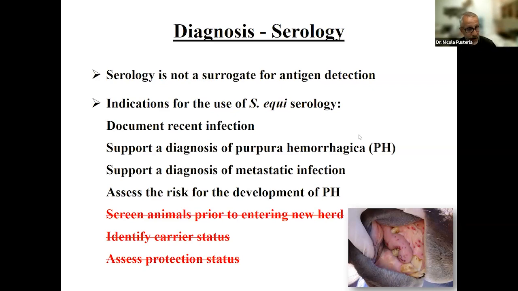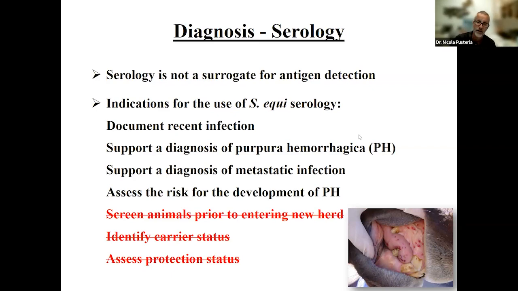And nice work that came out of Penn, Dr. Ashley Barr, looking at risk factor of horses that have experienced a recent infection within a year that potentially carry high titers against strep equi and the likelihood of developing purpura hemorrhagica. So the way we like to deal with these horses is run a titer, and if the titer is high, 3,200 and above, and the horse has experienced a strep equi infection within a year, that horse should not be